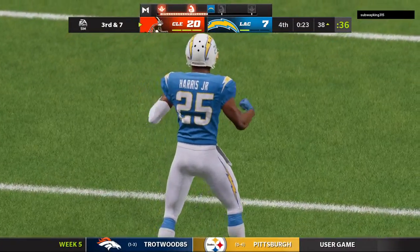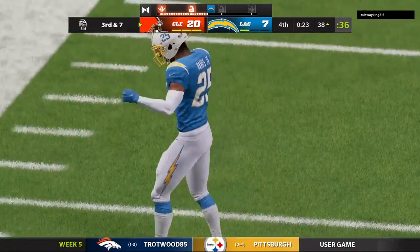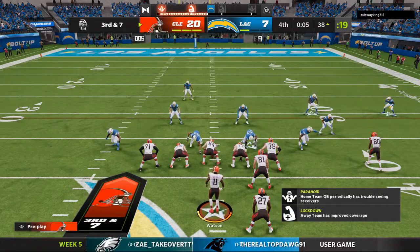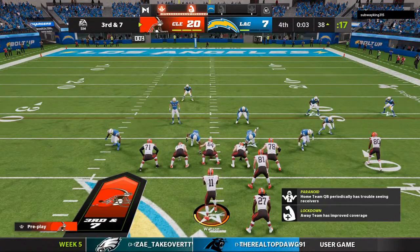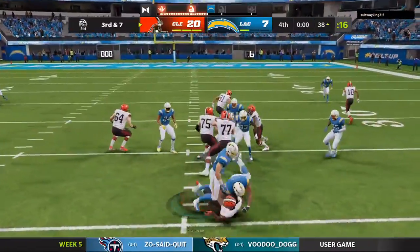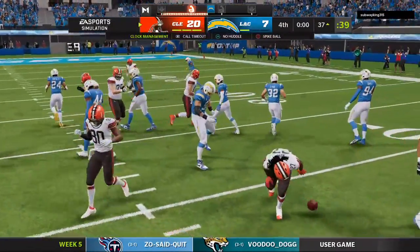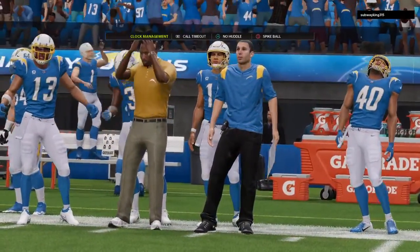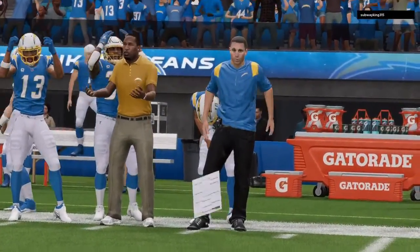A nice play design there with the touch pass. Looked good at the start, but bottom line, the defense was ready. And they did a nice job scouting, didn't they? Not just scouting, but now executing once they saw the play for real after having worked on it all week in practice. They drilled on the play, then they drilled him. And they'll get him down at about the 37, well short of the first. So Cleveland